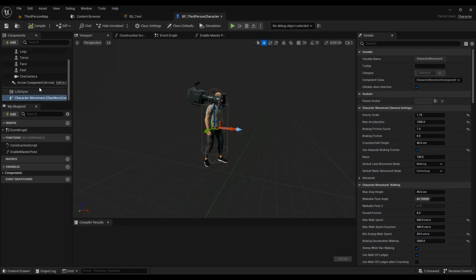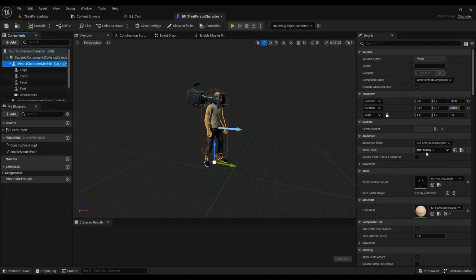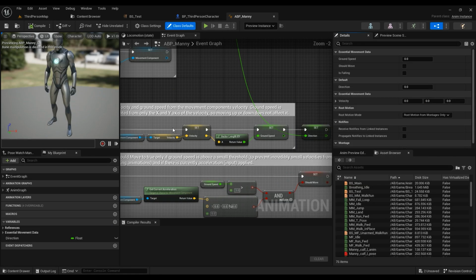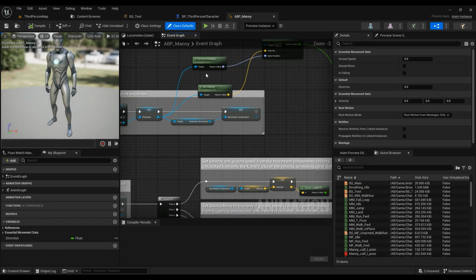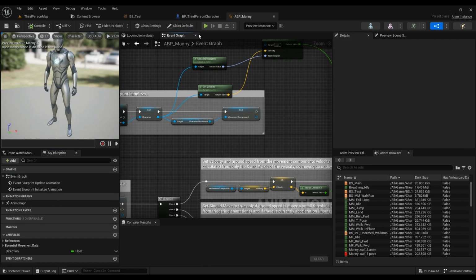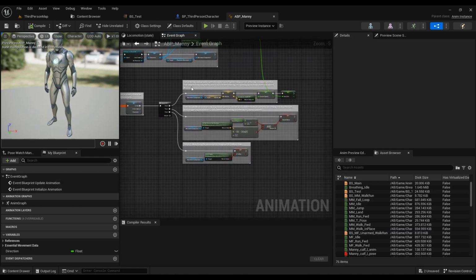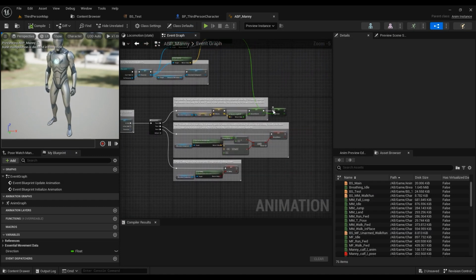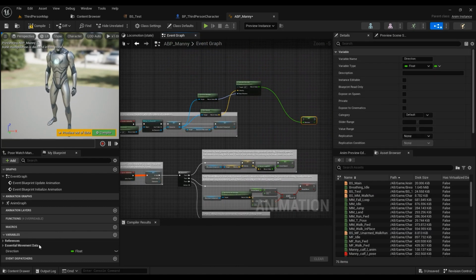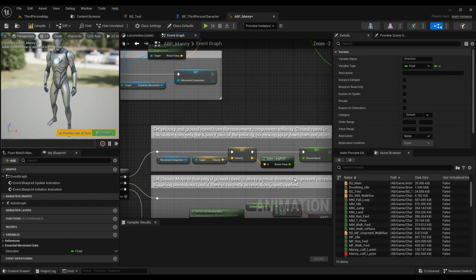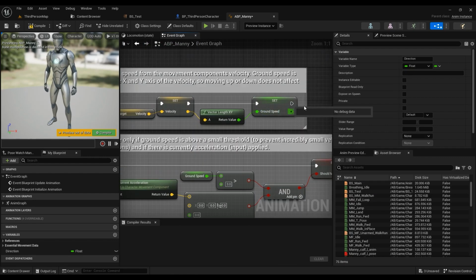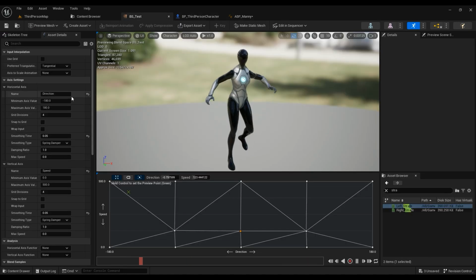So let's go ahead and in our character BP, in our mesh, we have the ABP_Manny_C. If you open it up, there are some things that you need to add to the event graph. If you don't have it, just double click on it and it opens everything up. So you have everything ready to go except this one. You already have the ground speed set for you. So this is the speed that we have here, the vertical axis, and we need something for the horizontal axis,